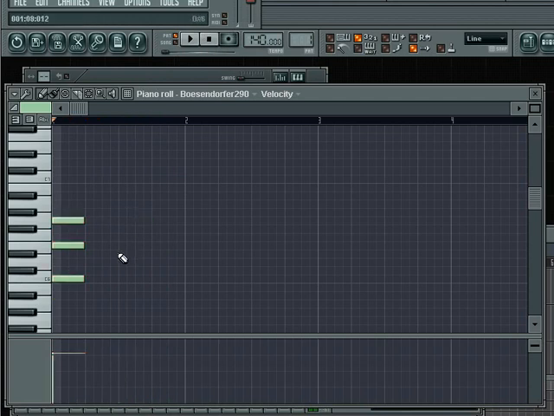Okay, and the way you know that this is a major chord is because there is 1, 2, 3, 4. It's 4 half steps between the first and the third. That's what makes it major. If I flat this third,